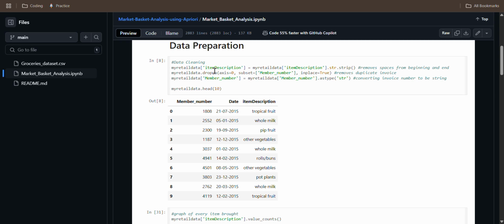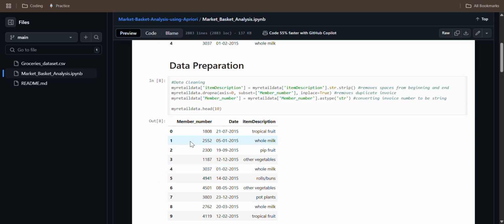Also, we are using the dropna function on my retail data, which drops the rows that have empty values, meaning NaN. With inplace, we are not updating our data frame, we are just modifying it.